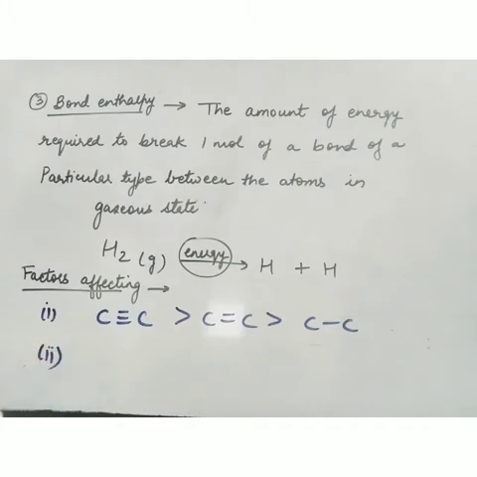And the second is size. We can take one more example like this. Carbon, carbon, silicon, silicon only we are taking. Okay, now these two atoms are smaller. Now smaller the atoms, more closer they will be. The internuclear distance will be close. So attraction will be more here. So as the size increases, the bond enthalpy decreases. Means more energy is required to break the bond between smaller atoms. Okay. So this is the second factor which affects your bond enthalpy.